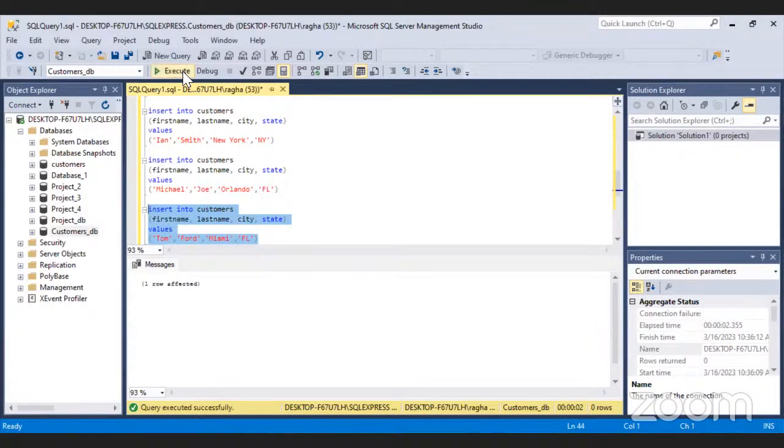So now we have enough data in the table, let's look at what we've got.